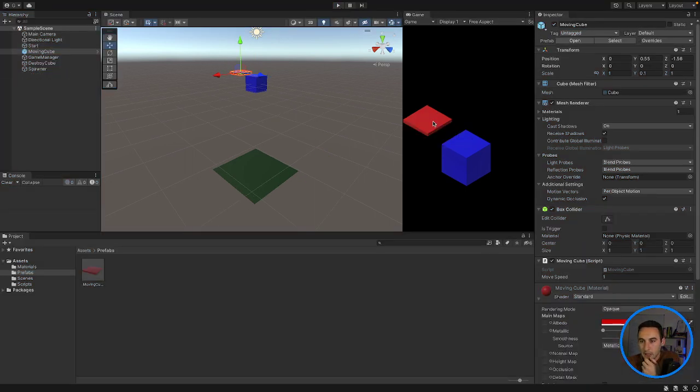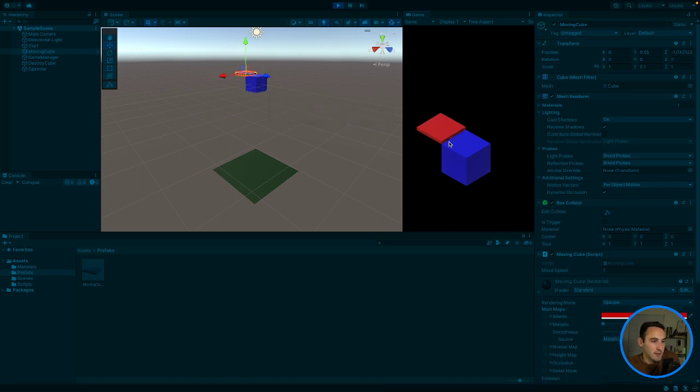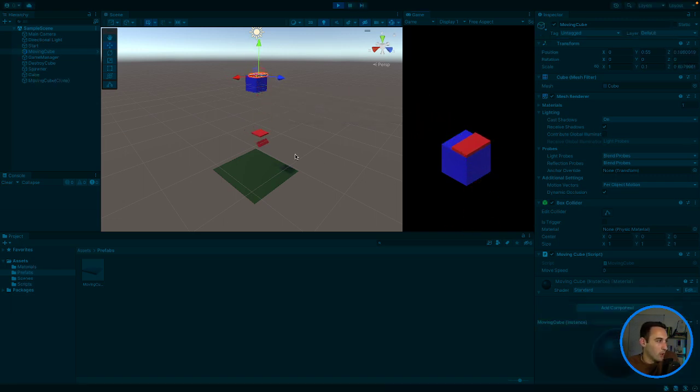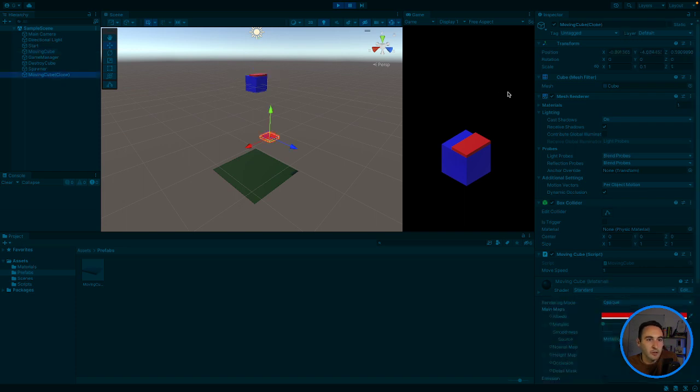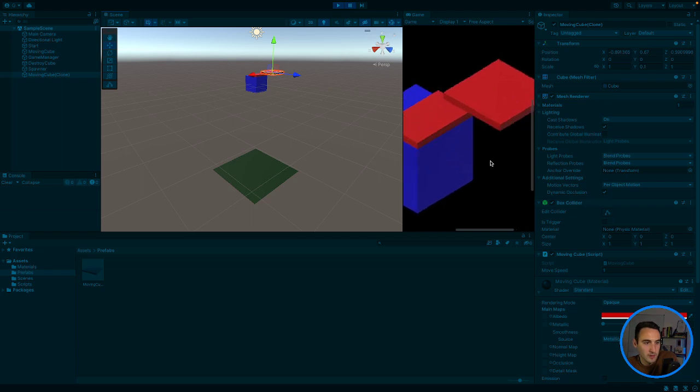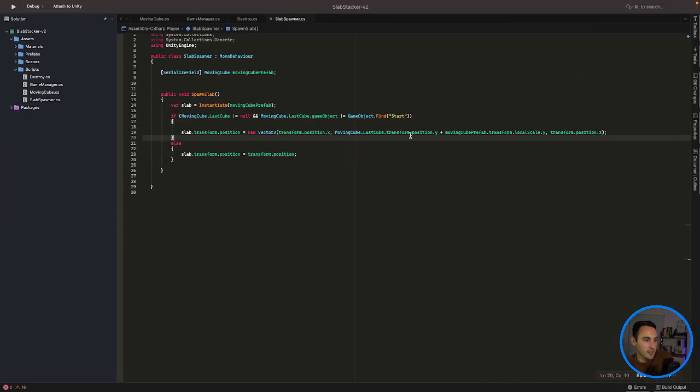Alrighty, so we need to do a few checks. So let's go play this again and see. So let's stop it on this side. So let's just pause it quickly. So a moving cube now has a y value of -4, which really should have a y value of about, what is it? 0.6 or something. So let's check. If the moving cube.lastCube is not equal to null, so if there is something there,